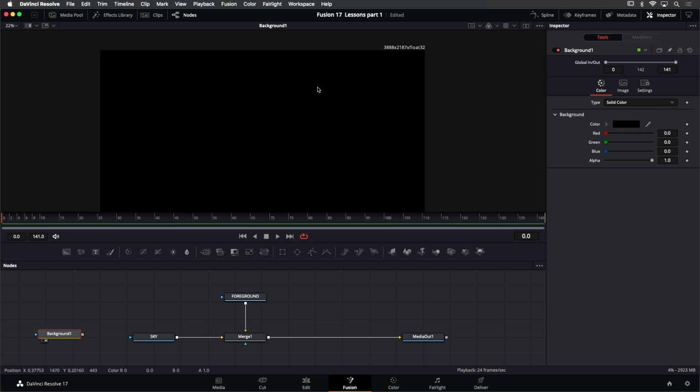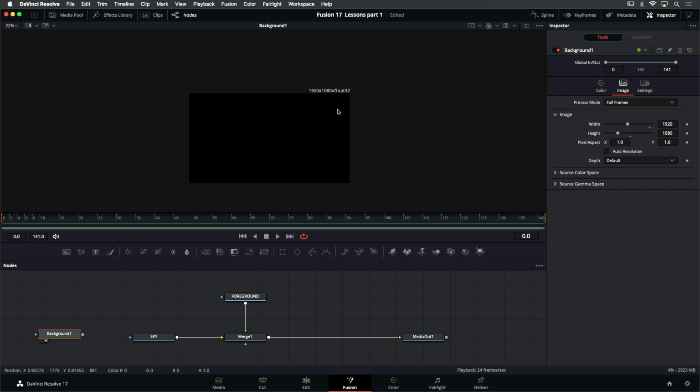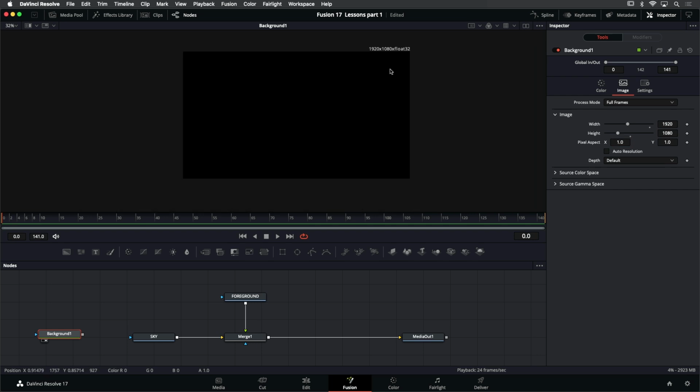And I'm going to view that. Currently, this background node matches the resolution of the composition, which is 3,800 pixels wide. If I want to modify this, I can do that in my inspector by clicking Image. And then I can see I have my resolution here, 3,800 by 2,100 roughly. If I want to override that, I have to deselect Auto Resolution, and then I can type in the resolution that I want. You can see now I have a canvas that's 1920 by 1080,